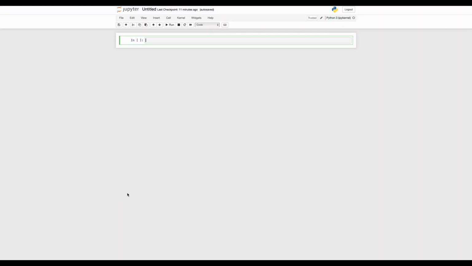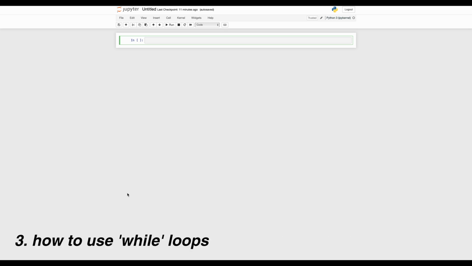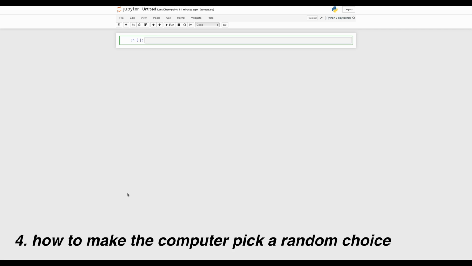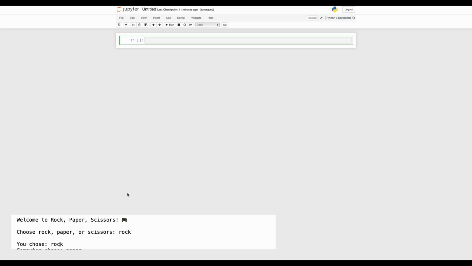We'll start by learning how to get input from the player, how to make decisions with if statements, how to use while loops, and how to make the computer pick a random choice. By the end of this video, you'll have your own Python game that you can actually play and even show